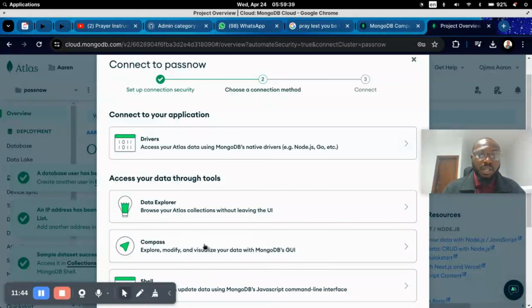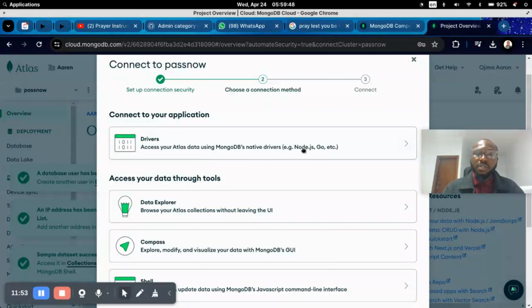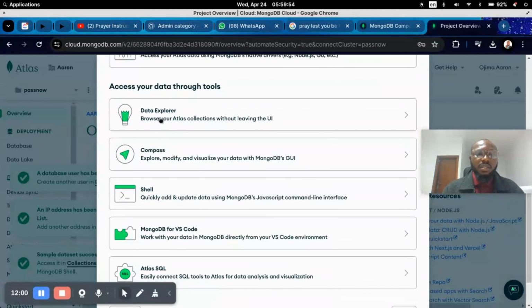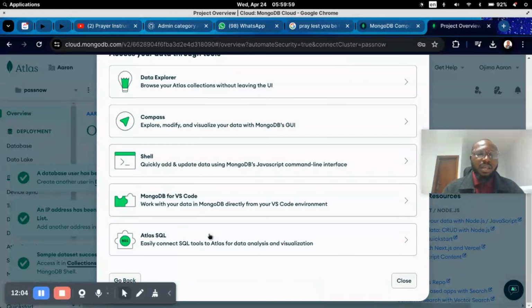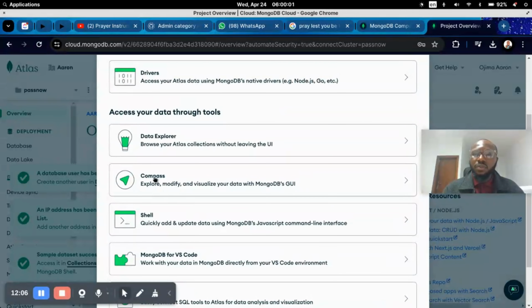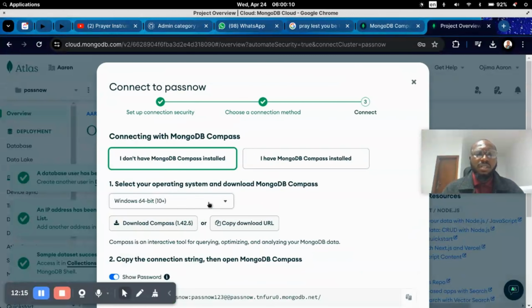They call this modal to choose where you actually want to connect the URI that is going to be generated, either in your drivers, of course, in your Node.js, Golang, etc., or you want to access it through Data Explorer, Compass, Shell, and all that. But for us, we are going to make use of Compass, which in the intro part of the video I said you should have installed. So I'm going to click this,